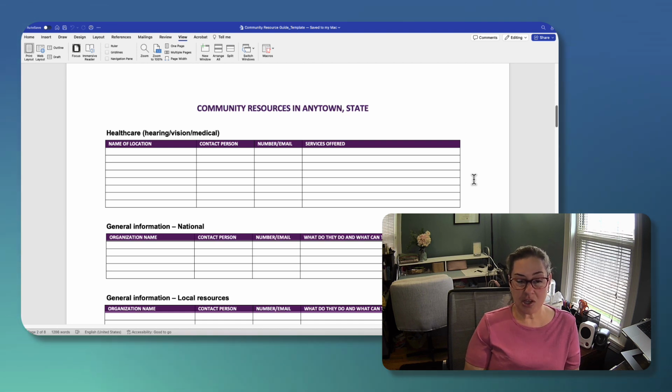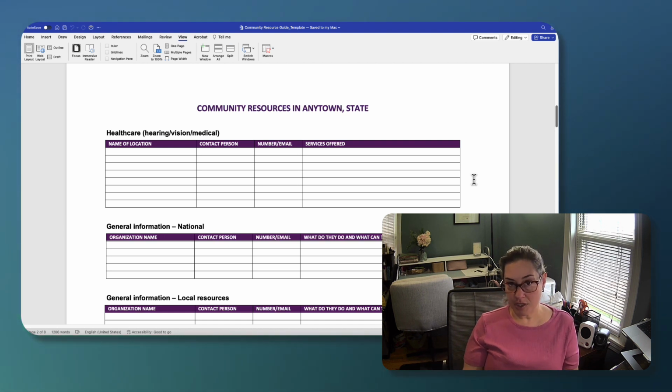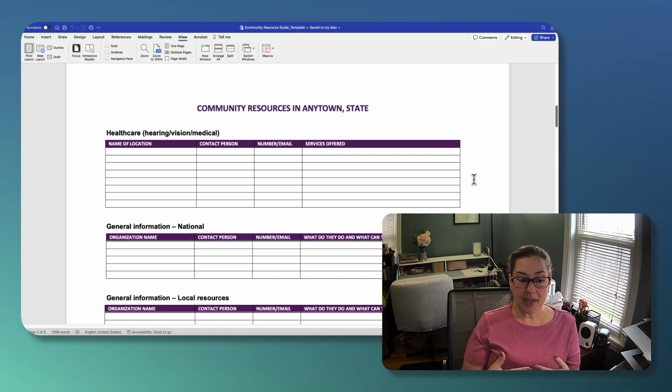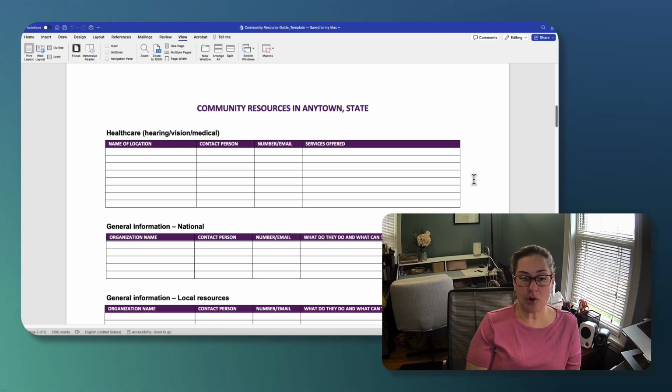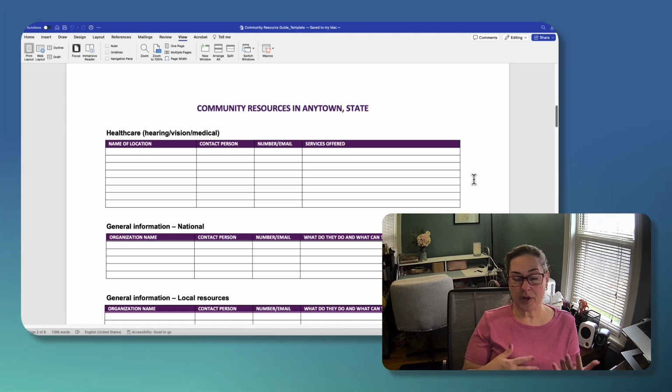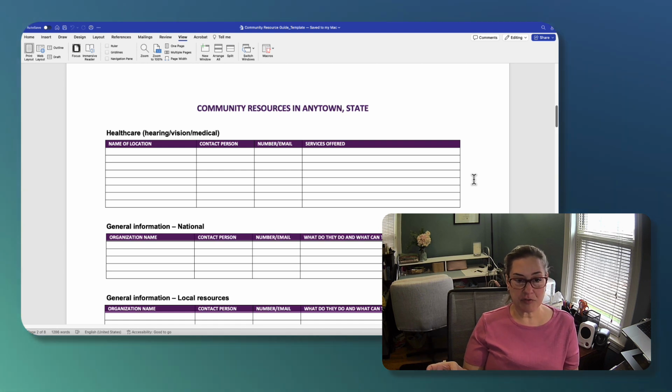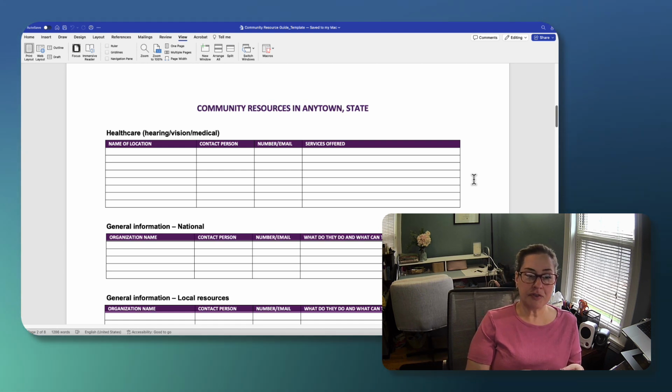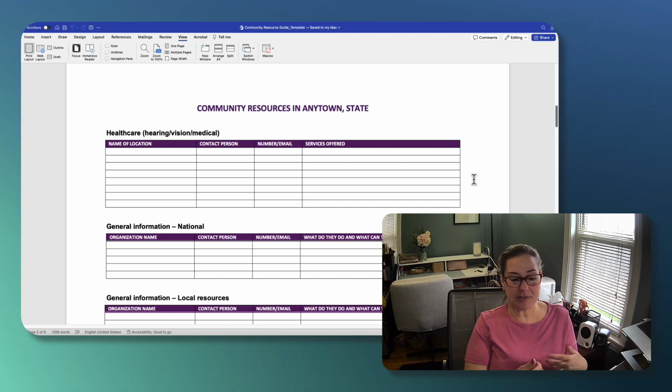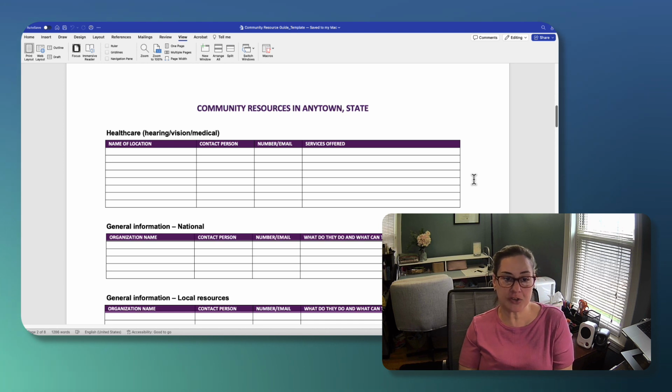In most of the clients that I have worked with over the years, this is a very overlooked and very important first step in making sure that they have someone for whatever's going on with them medically. In a lot of cases, especially for deaf-blind, usually one of the diagnoses is an older one, like they might have been deaf since birth, but the vision loss is new.